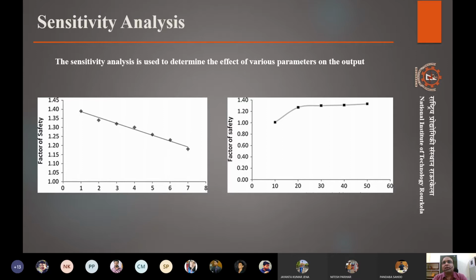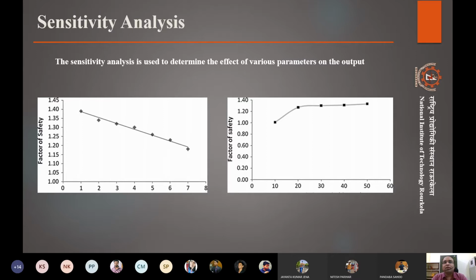Similarly, for any type of analysis we do, we find relationships between certain input parameters and certain output parameters. Last class yesterday in computer applications, we were seeing some relationships between factor of safety and, suppose, cohesion of the soil or friction of a soil, right? We were also seeing some relationship between cohesion and the friction of the soil. So there are relationships that we can see, and these can be analyzed or segregated and seen.